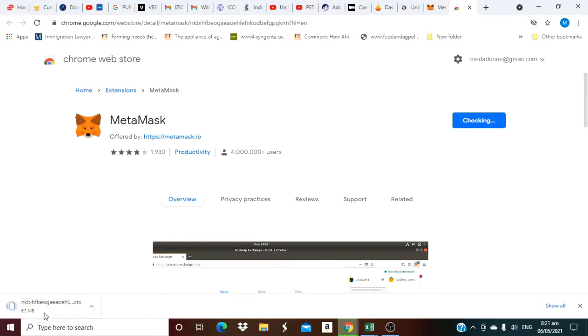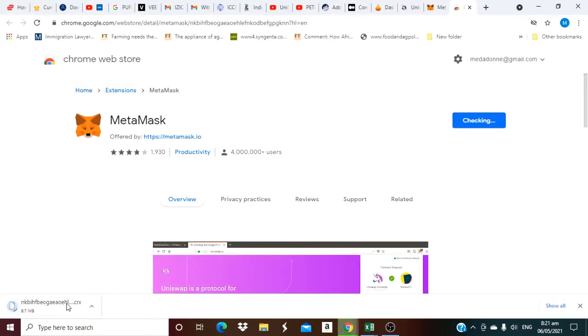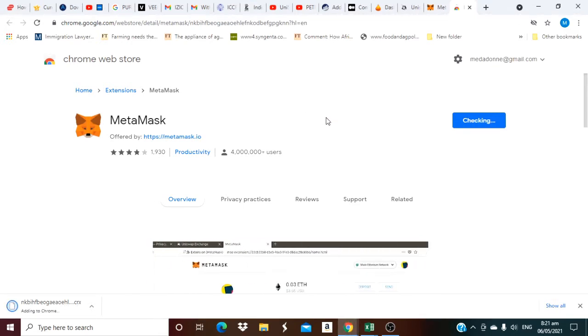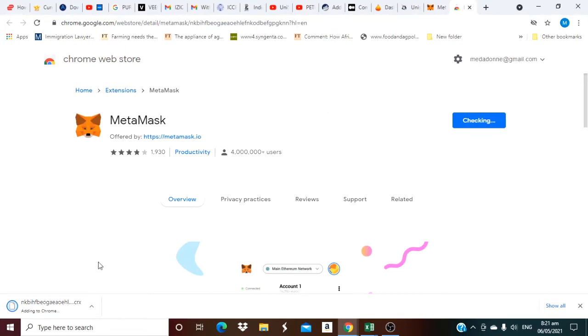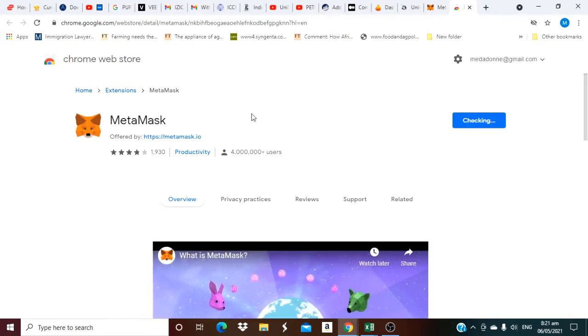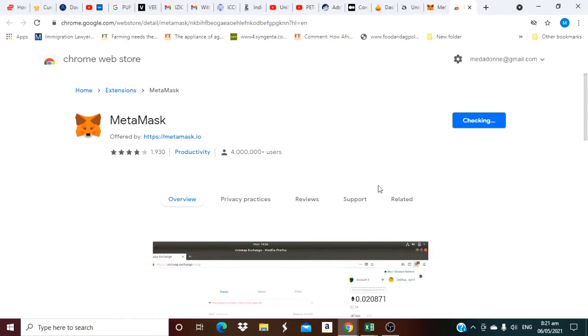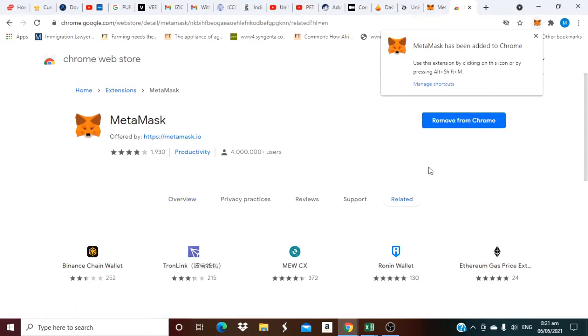As you can see, the wallet is now loading. You can see here adding to Chrome. Checking, just have to wait for a while. Exactly, now it has been added to Chrome.